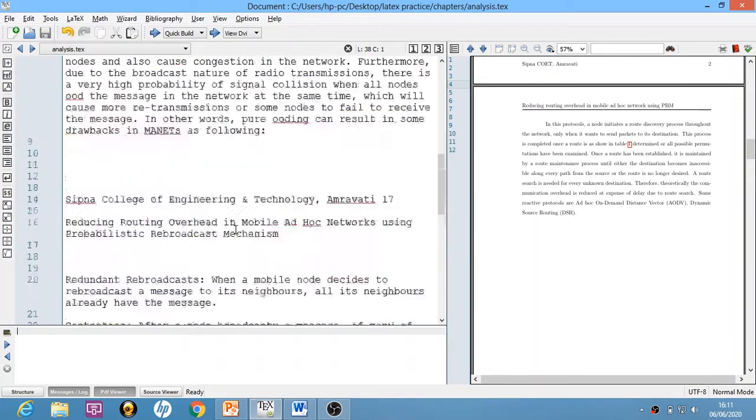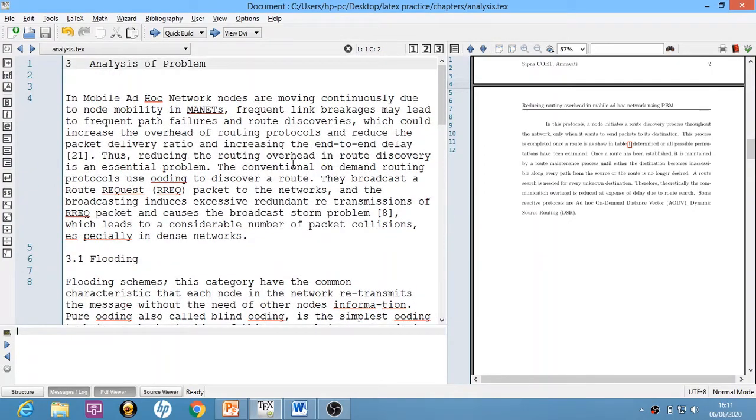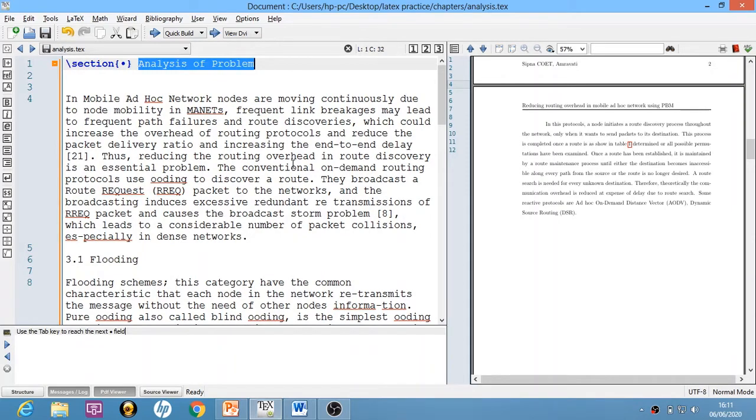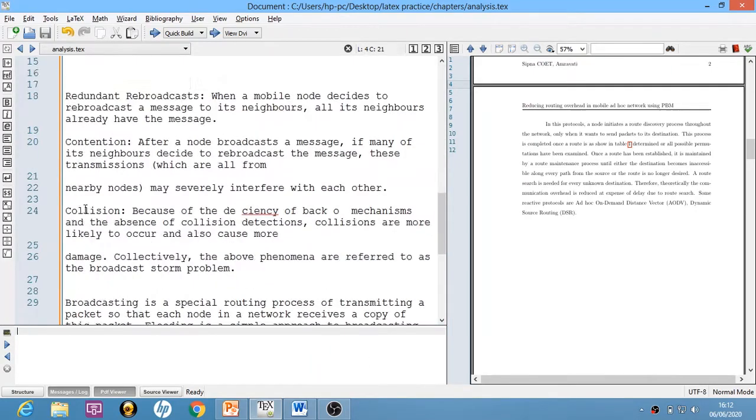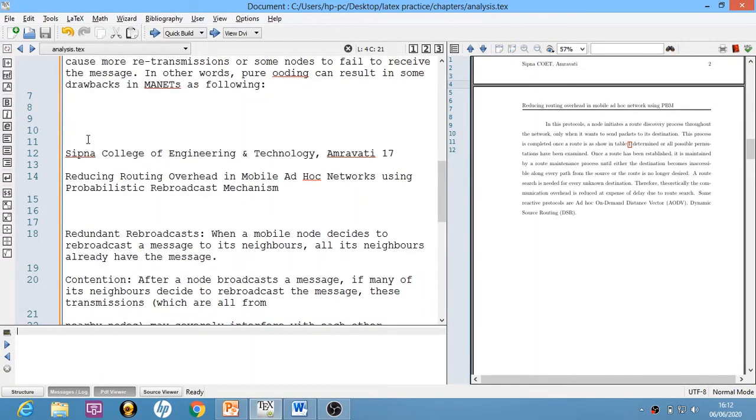Okay, but inside this text file I have to mention the section. So I will write the section. Again, this is the subsection, so I will write subsection. And we'll keep the rest of the things as they are for now.